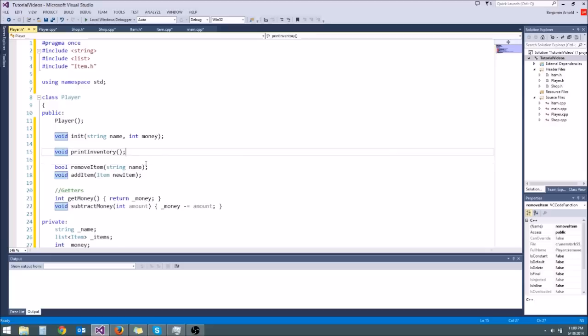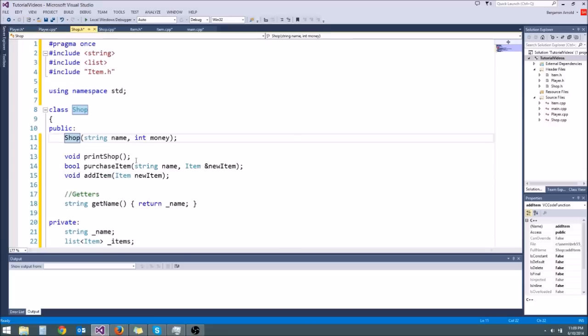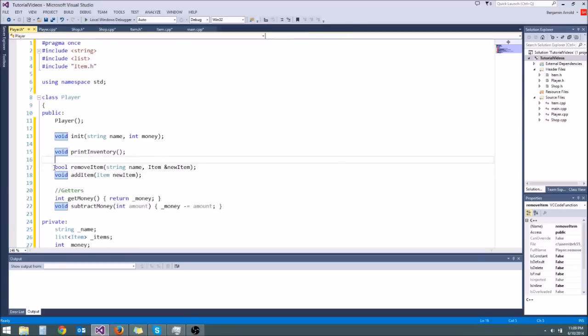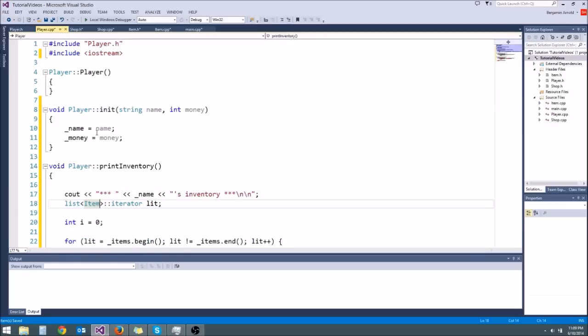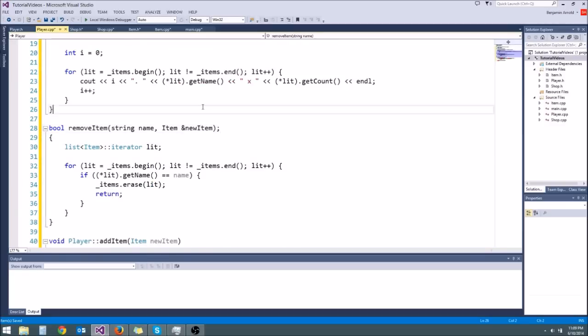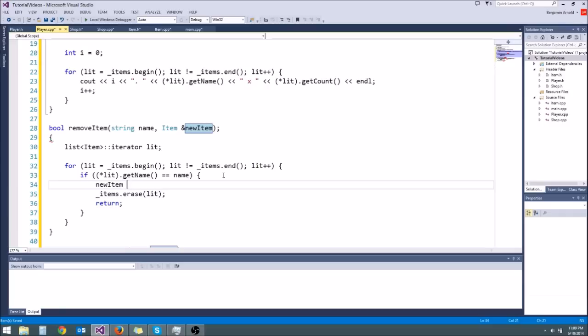And we actually need to do the same thing, because the shop is, yeah, silly me, the shop is purchasing an item from the player. So we basically copy what the shop is doing, like that. So bool removeItem. Go down here. Where is removeItem? Here we go. New item. So we're going to say new item equals